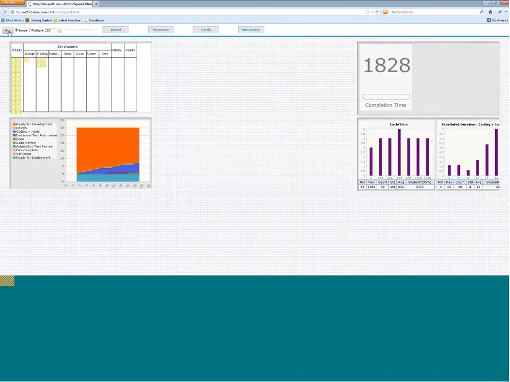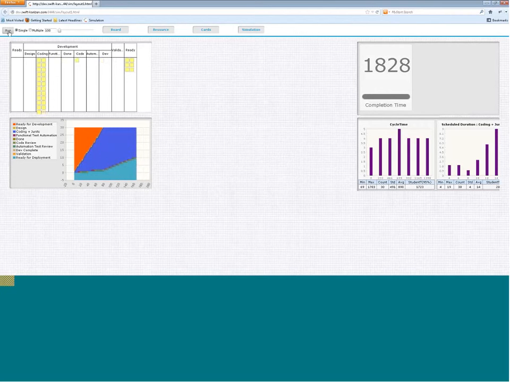As you can see, it tells me that it will take 1800 plus time units. Work is getting piled up at this point of time in the coding lane. You can see on the board cards being piled up in the coding lane, right? And at the same time you also see from the CFD itself that the blue lane, which is the coding and JUnits lane, very clearly shows that the bulk of the time is getting spent in